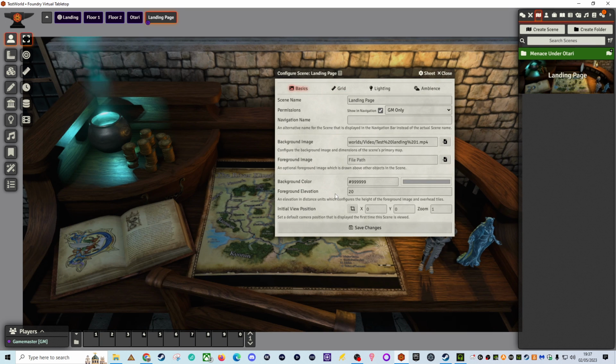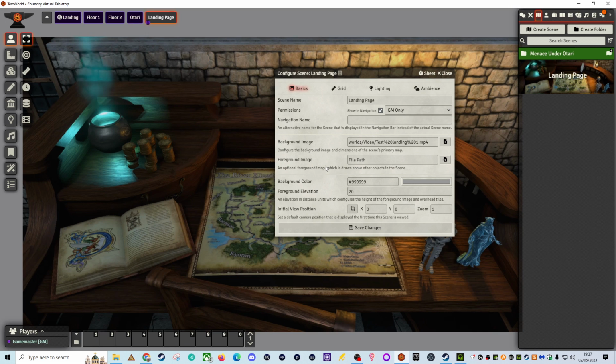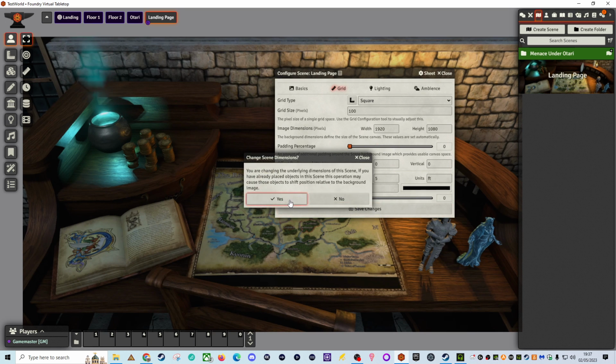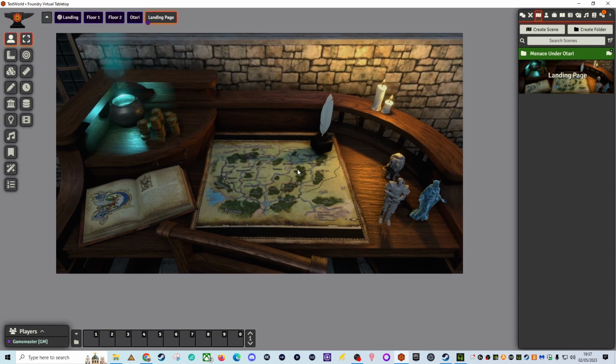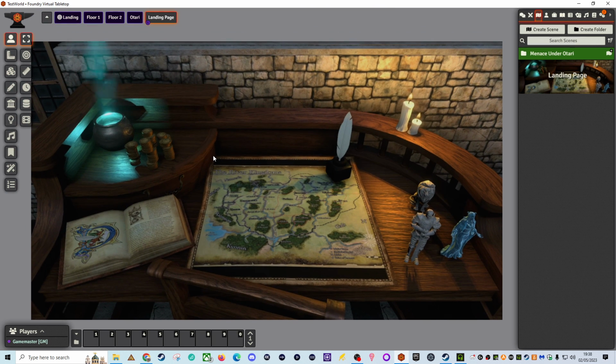I've got to remember where the hell padding is. I should have probably got rid of the... Wait, is there any padding? Oh, padding percentage, thank you. Right, because this is all we really care about. So,